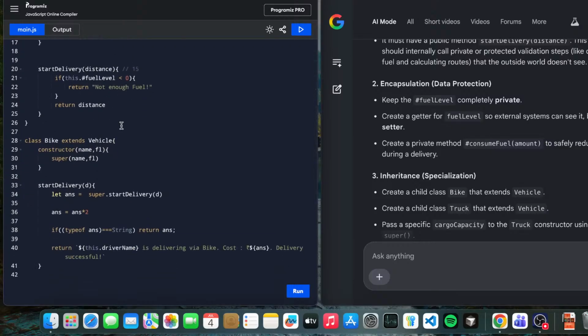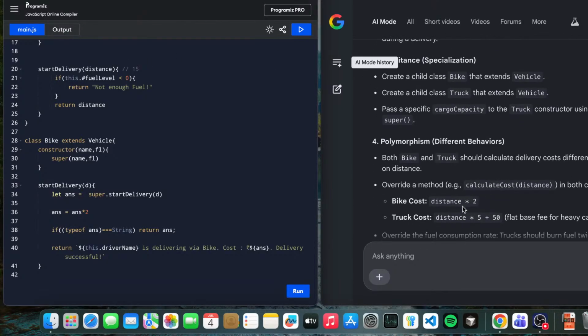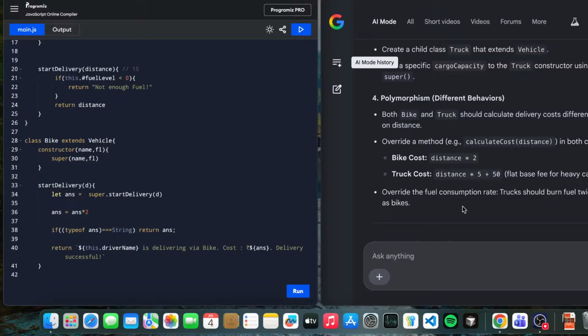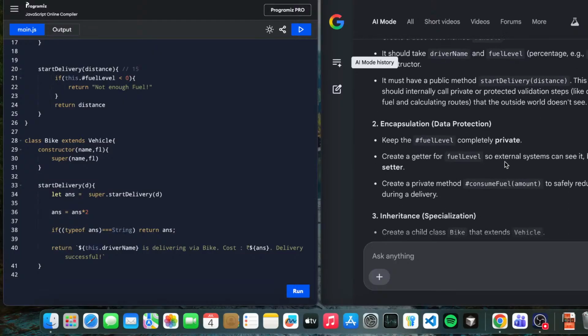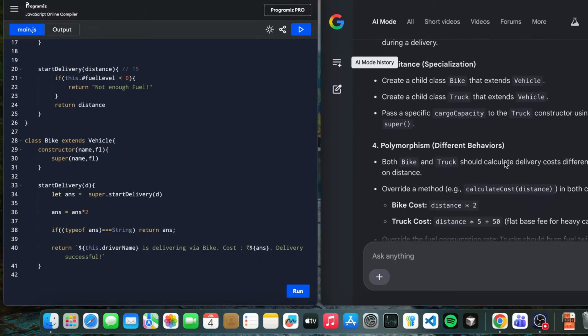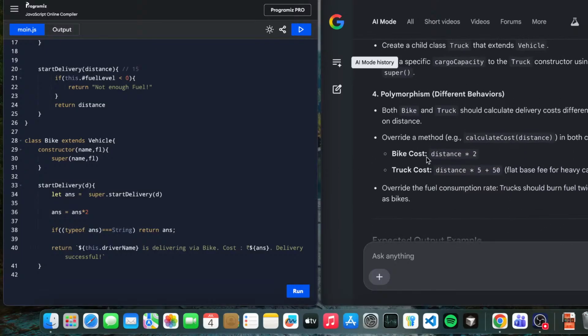Okay, so what we have to check is we got a distance here. Start delivery distance. Here we didn't mention that it will have a distance, right? Calculate cost, example method override calculate cost. Do we have a calculate cost somewhere above? No, let's just understand. Okay, start here it's giving a distance. So calculate distance, which will be calculated by